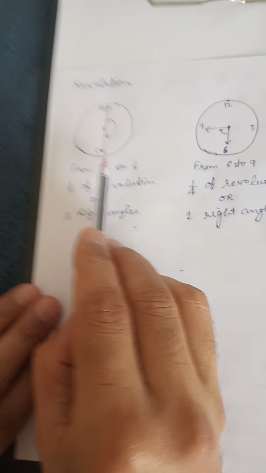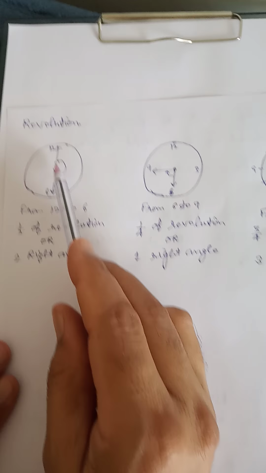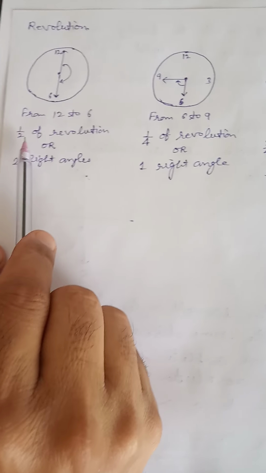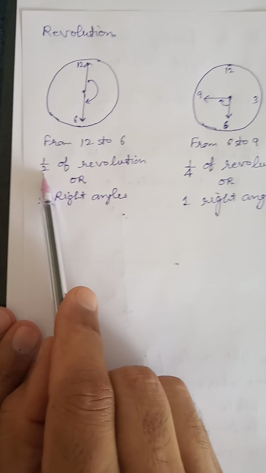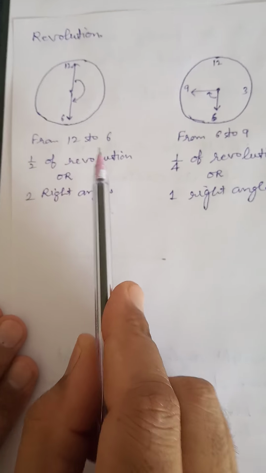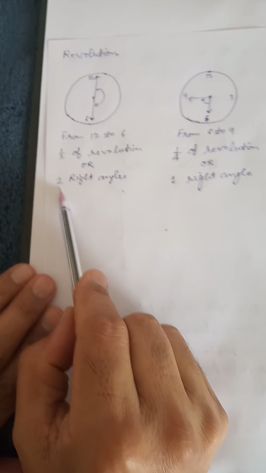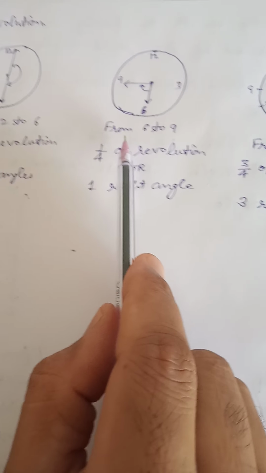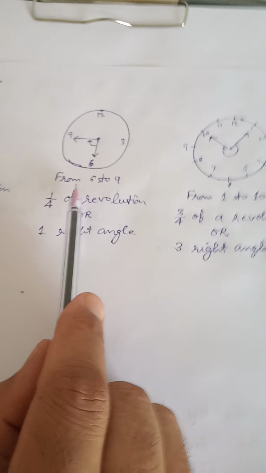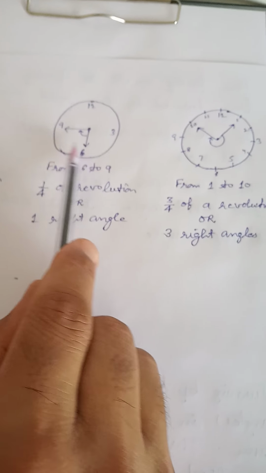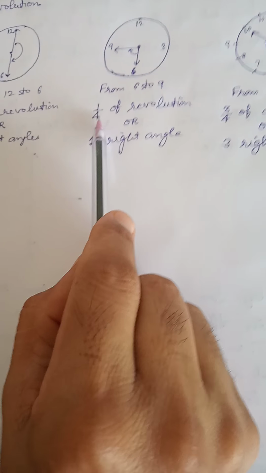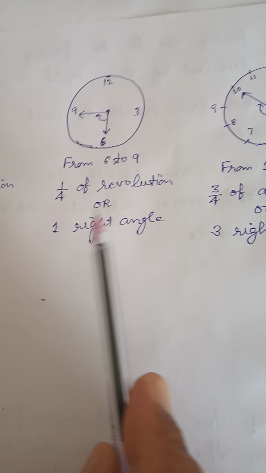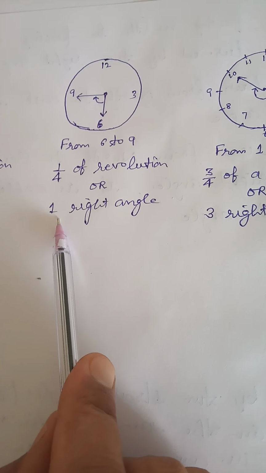In the first clock phase, the minute hand of a clock turns from 12 to 6. From 12 to 6. It means it has turned through half of the revolution or by 2 right angles. In the second phase of the clock, the minute hand of a clock moves from 6 to 9. That means 1 by 4 or 1/4 of revolution, or we can say the minute hand turned through 1 right